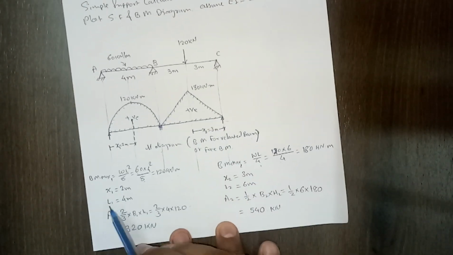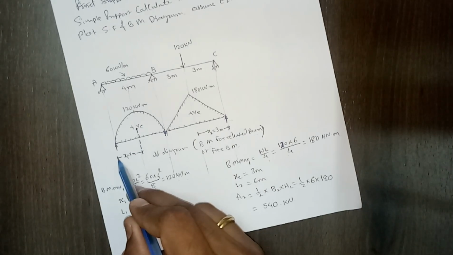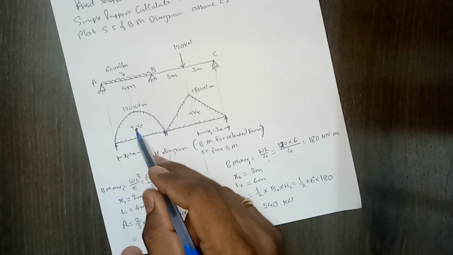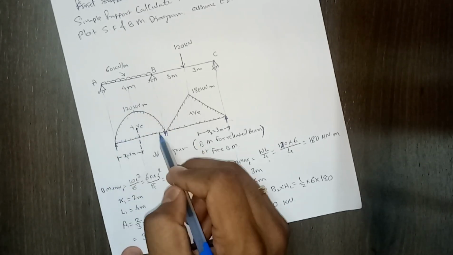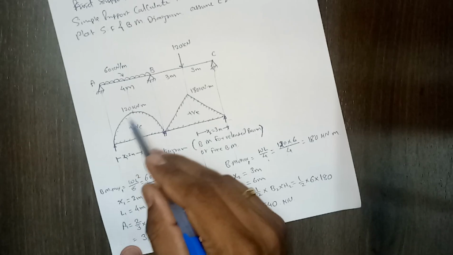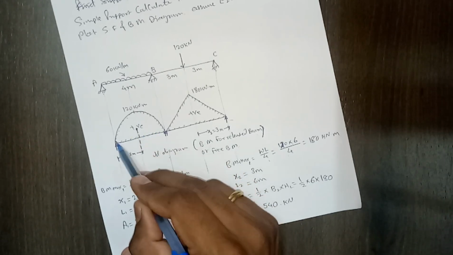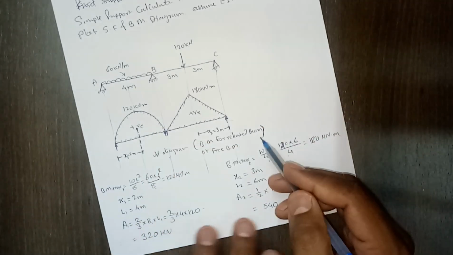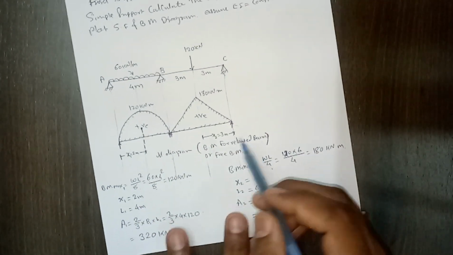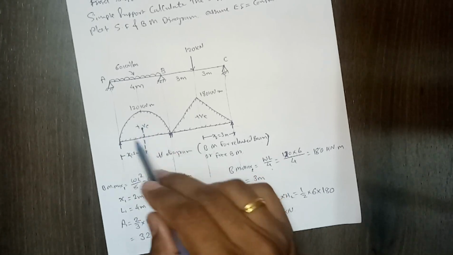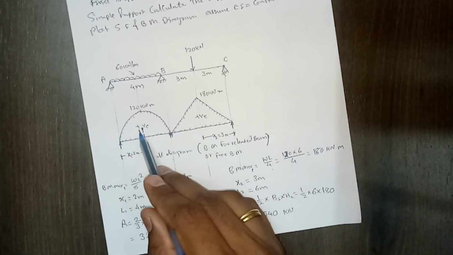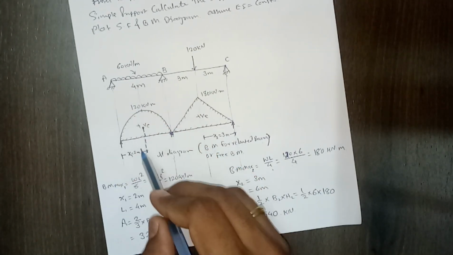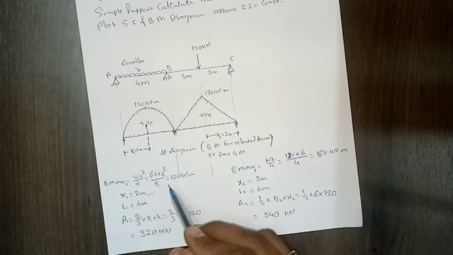Then now x1, again we have to measure it from the left end for the first portion. So since this bending moment diagram is symmetric, this distance will be half, so no need to calculate CG. But if there is some complex problem, then I'll discuss how to deal with those problems. But for this you'll get simple geometry. So the CG of this parabola will be at the midpoint. So this is 4 meter, so it will be 2 meter. So x1 will be 2 meter.